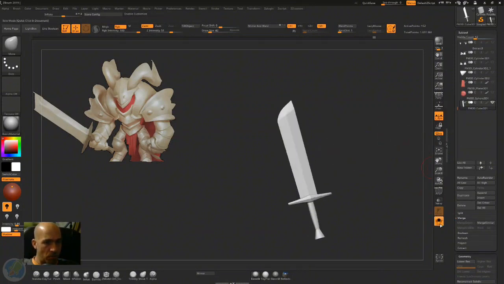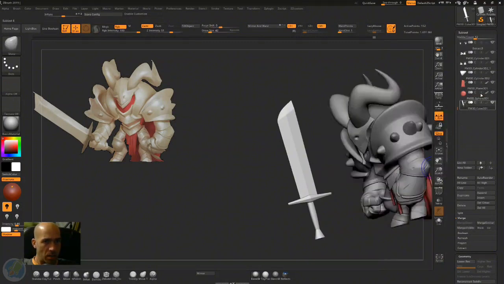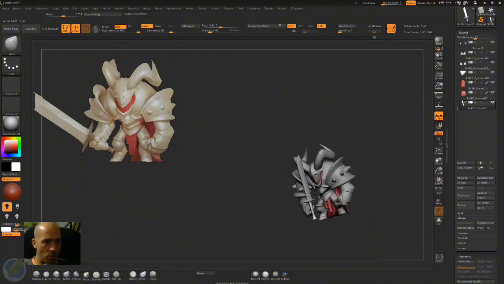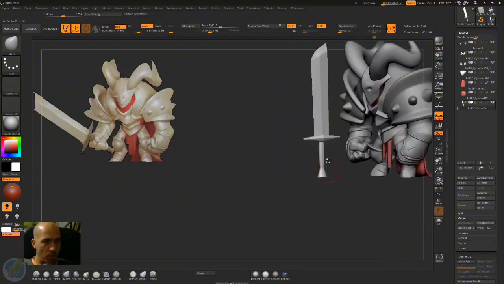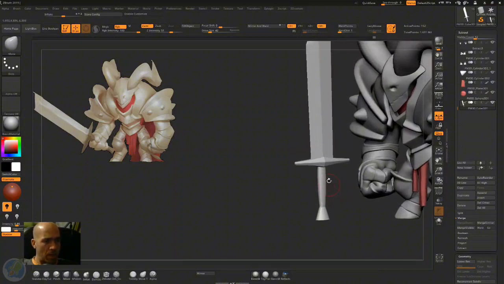Let's see our model. Where is it? Shift click on the eye, nothing happened. Shift click on the eye again, and all the subtools will be visible. And we see our model is looking pretty good. And now I would like to color the handle and the other part of the sword. So I'll go here,